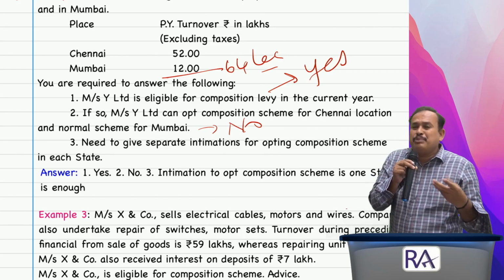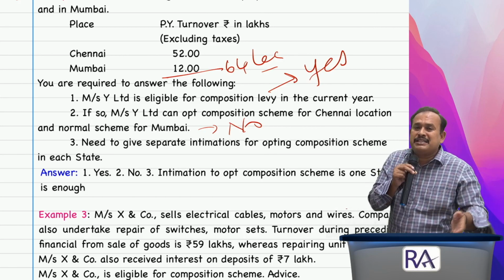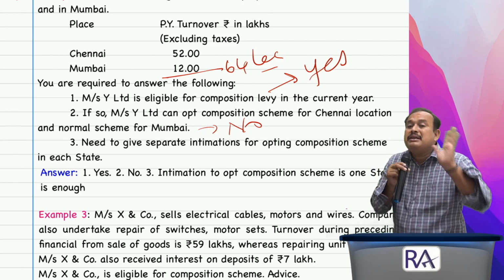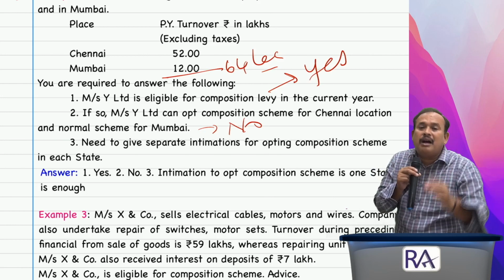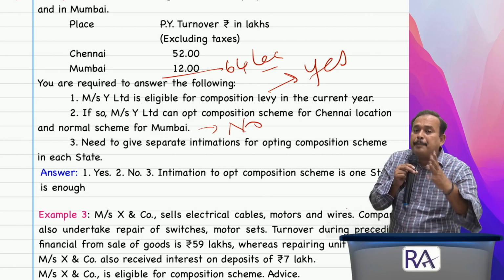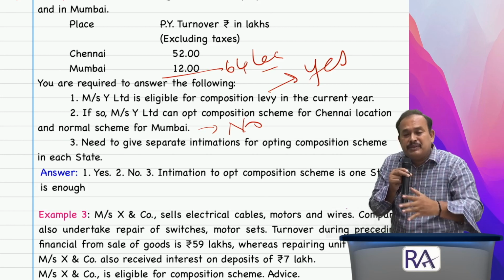Okay, in the given case practical difficulty arises, therefore you can opt for composition scheme even mid of the year. They can say so, but it should be by notification. Generally, as per the law, the composition scheme should be opted prior to the commencement of the succeeding financial year